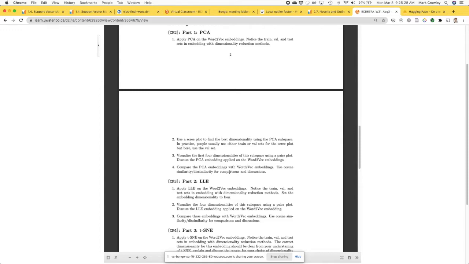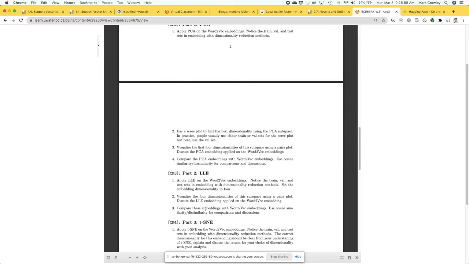for a bunch of words in the data set. So those scores are something you're actually using based on the dimensions you've chosen using PCA or the ones that have come out of LLE. Computing these similarity scores shouldn't use the data points that were used to create the embedding, right? So you can apply PCA and LLE on the training set, and then your test set you'll use to compute these similarity scores, because they'll be projected into that embedding, but they weren't used to create it in the first place.